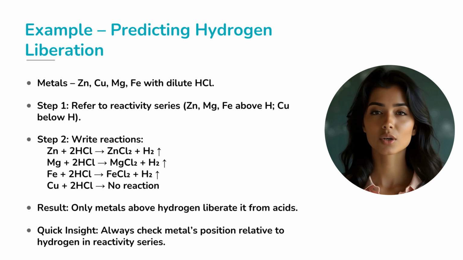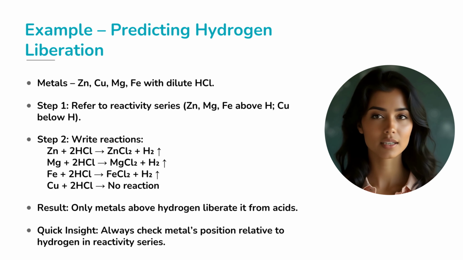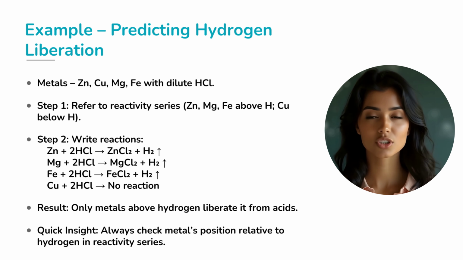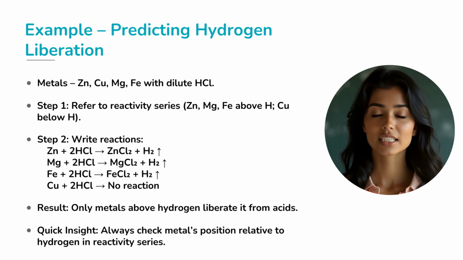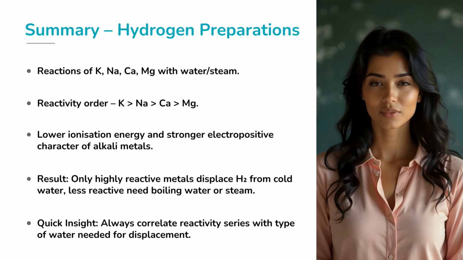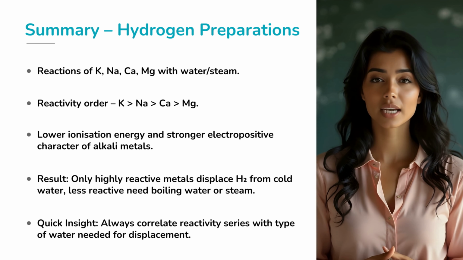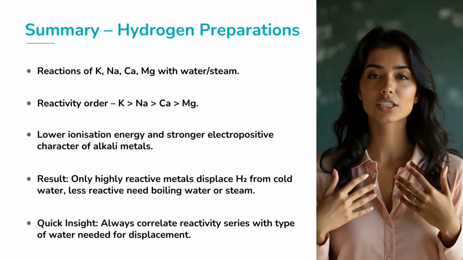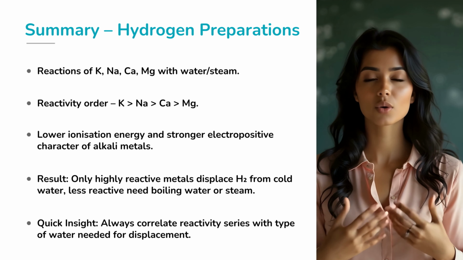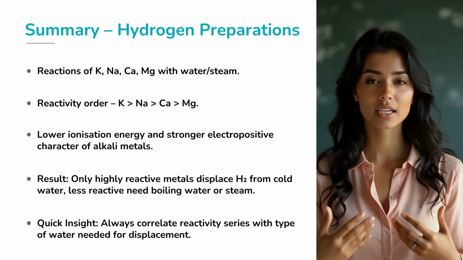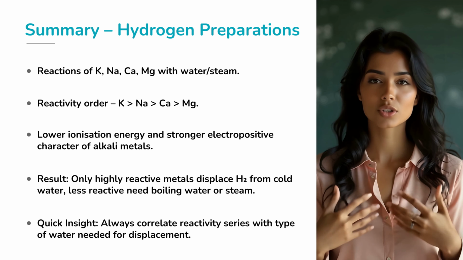However, copper is below hydrogen in the reactivity series, so it doesn't react to liberate hydrogen. So, when predicting which metals will liberate hydrogen from acids, always refer to the reactivity series. It's a great way to determine which metals are suitable for hydrogen production. To wrap things up, hydrogen can be prepared through a variety of methods, each suited for different conditions. From reacting metals with water, cold or boiling, acids, and alkalis to the lab method of using dilute hydrochloric acid